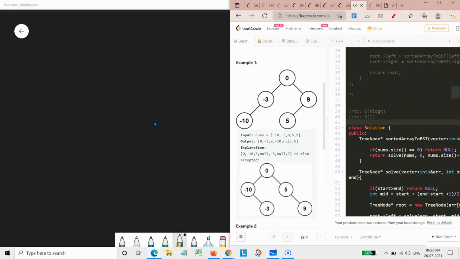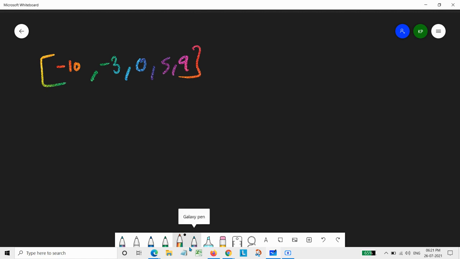For this, if we take our second example, -10, -3, 0, 5 and 9 as our input array, again how do we create a binary tree out of this?